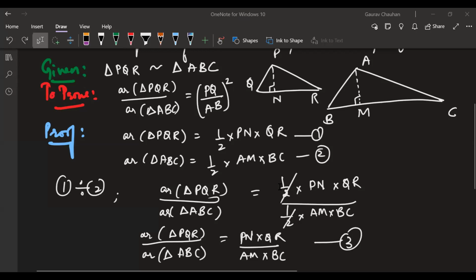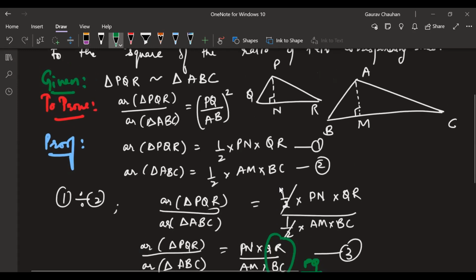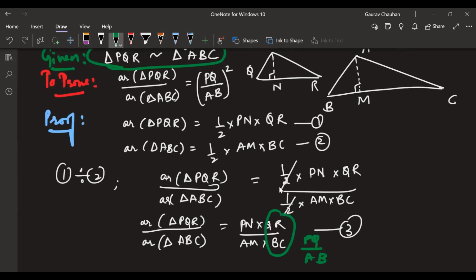Okay. Moving on. Now, we have just approached this from the left side. Somehow I have to make this... I already know PQ by AB, because this is from the given part. It is given that these two triangles are similar, so I already know PQ by AB. This is squared, right? One of these will come from here only: QR by BC is PQ by AB. One of these will come from there only.